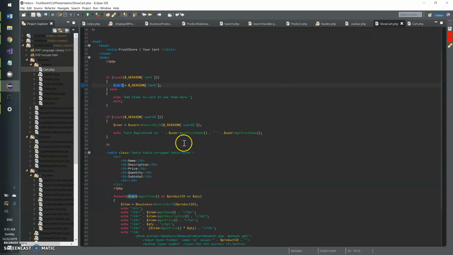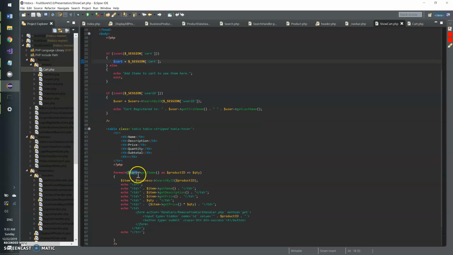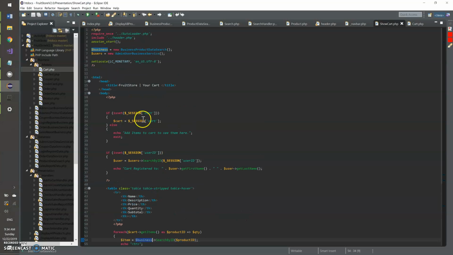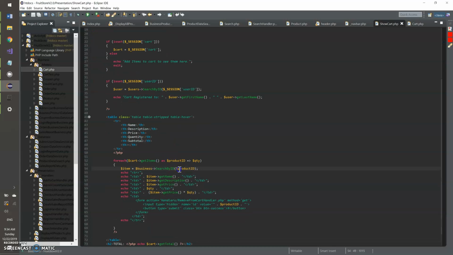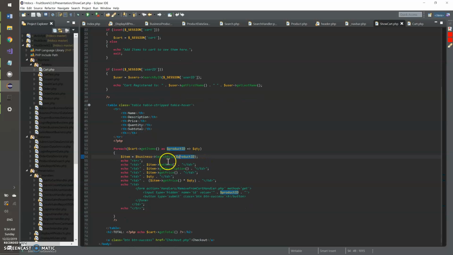But in the show cart here, we're actually just getting all the items from the cart as the product ID and quantity, so the key and variable there. We're searching for the product by its product ID. So that's why I included up here the business product data search, which we already looked at. It's just searching using search by ID instead of search by name. And then it's creating that table and just echoing the